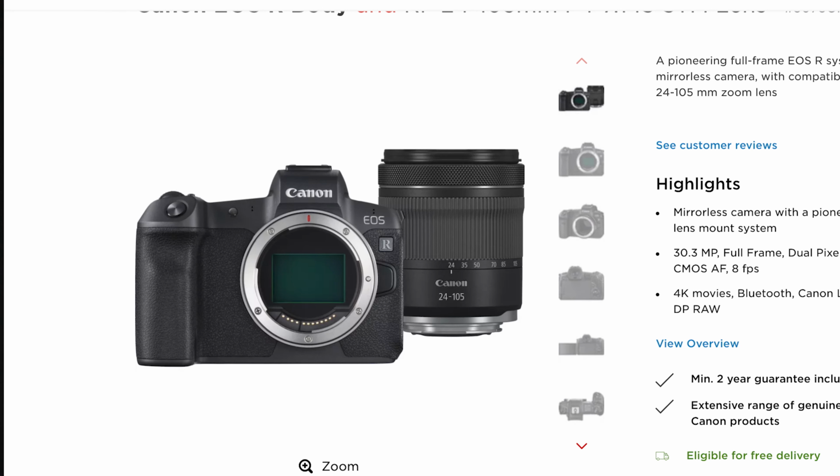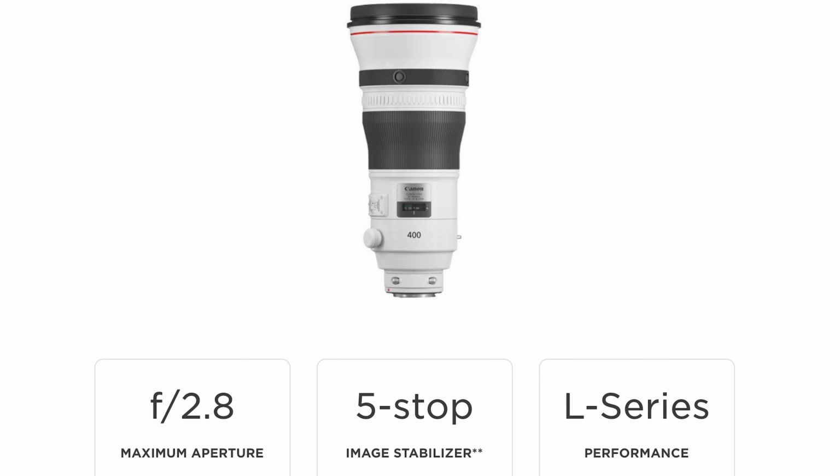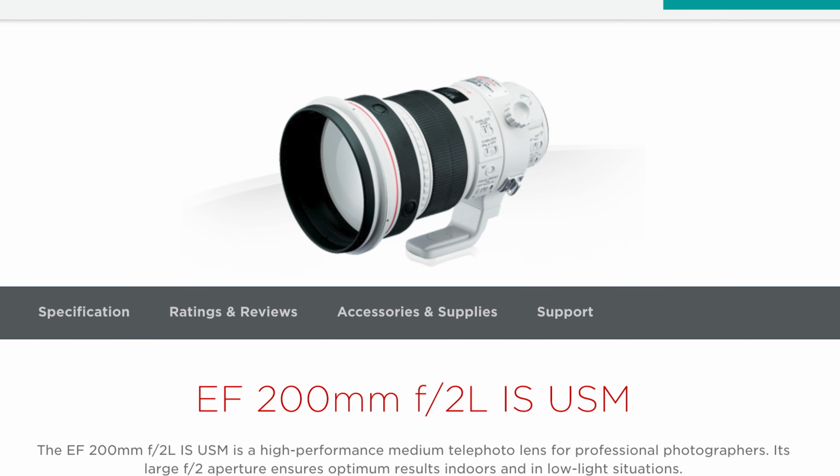This is why you see a lot of photographers use full frame cameras, because full frame cameras are a lot better in low light, and this is why you see them using that massive, let's say, 400mm f2 or 200mm f2, because the f2, the lower the f-stop, the wider the aperture blades go to let in that light. So this is why they're trying to reduce the amount of ISO they need by getting this expensive lens that gets the reach and opens up widely as well. The good term for when you're learning manual is the exposure triangle. If you learn the exposure triangle, I guarantee your photography will improve so much more and you'll have way more